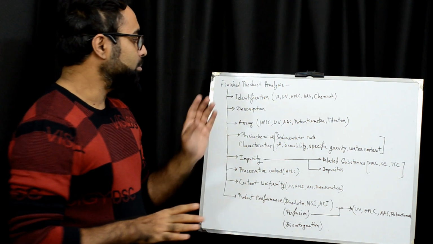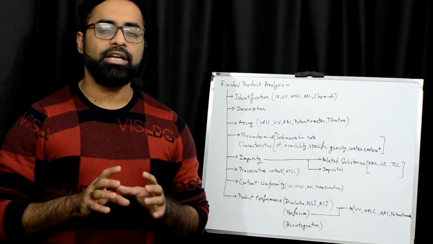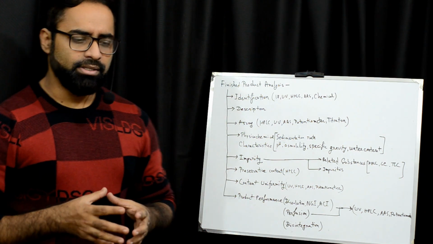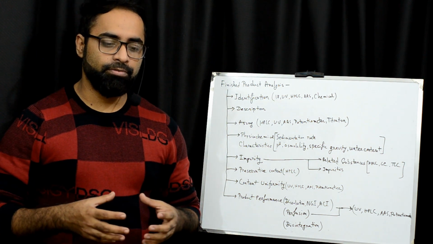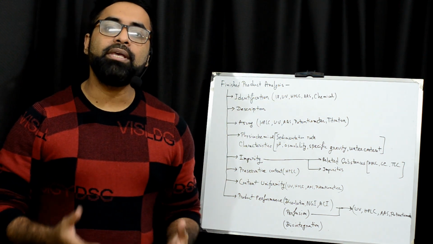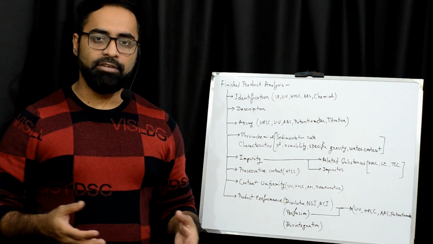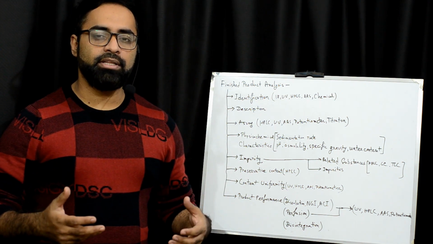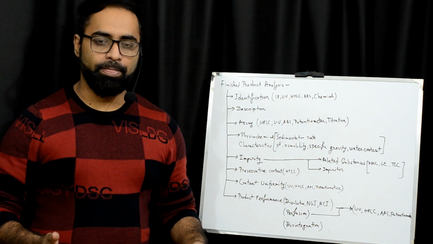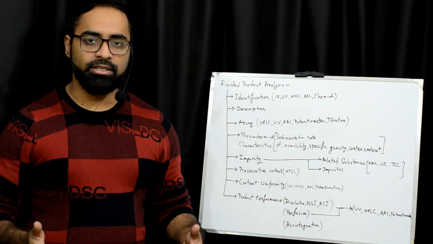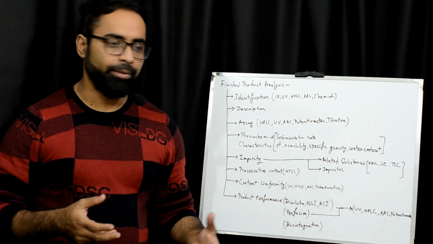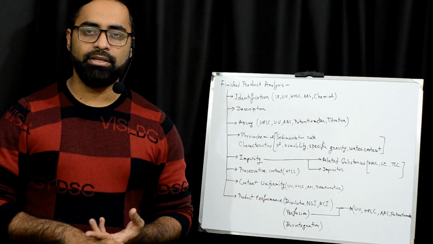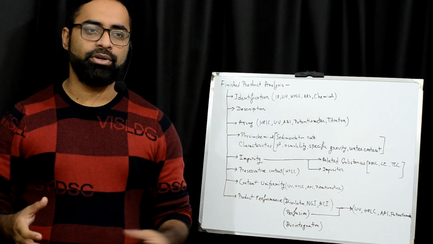Okay. In the second place, we must ensure that identification is okay. So in case of identification, what is this? We all know that any finished product is made with API. What is API? API means active pharmaceutical ingredients. This actually exerts that finished product's therapeutic effect. The therapeutic effect is being exerted by this API, so we must ensure that the API is correct. Alright, in case of pantoprazole tablet, we don't have any